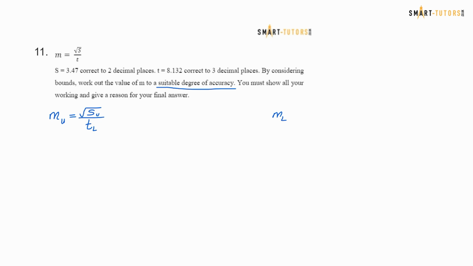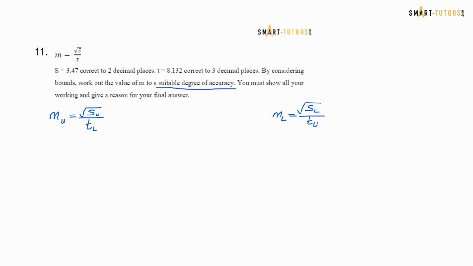M's lower bound equals square root of S lower bound divided by T's upper bound. If you divide by a big number, the answer will be a small number. This is the equation we are going to use. So we have to find M's upper bound and M's lower bound, and we need to justify the answer